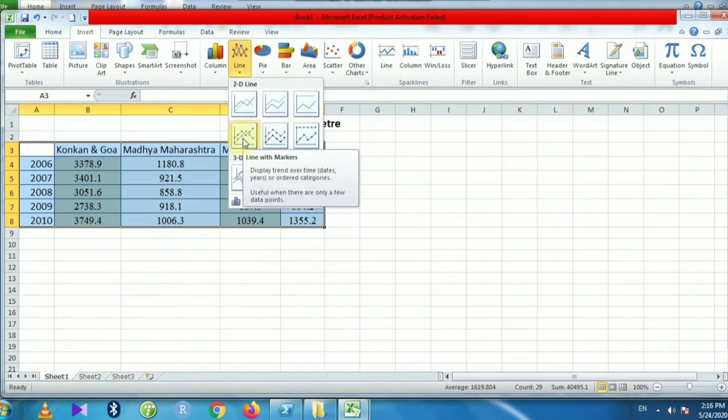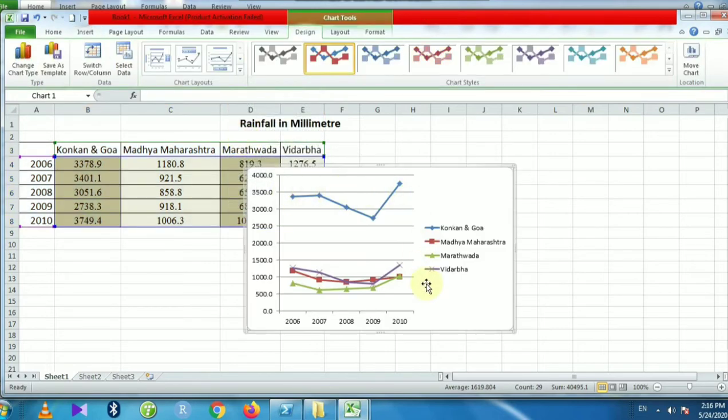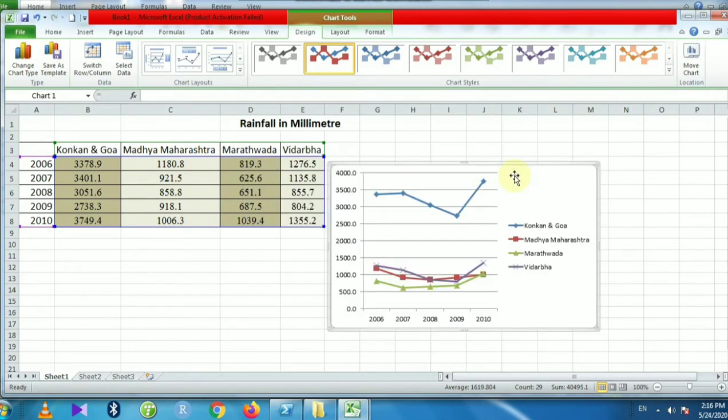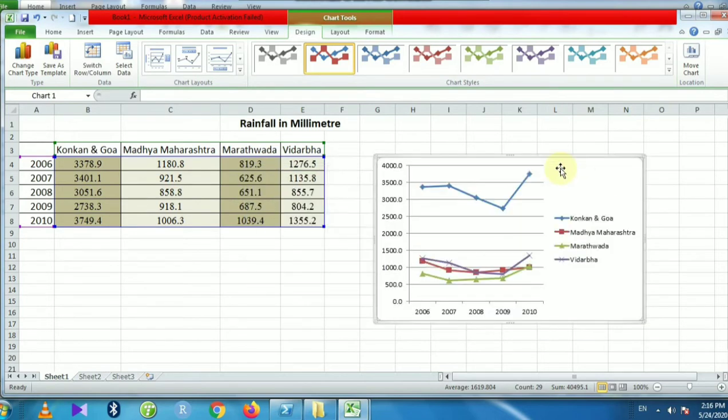From that explanation, we can choose the line chart which we want to draw. Here I will select this fourth one line chart, which is line with markers. As we click on this type of a chart, this chart will be displayed on the screen. You can see this is the line chart with markers.